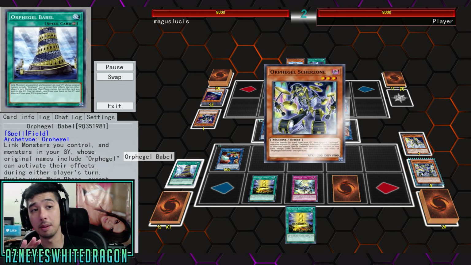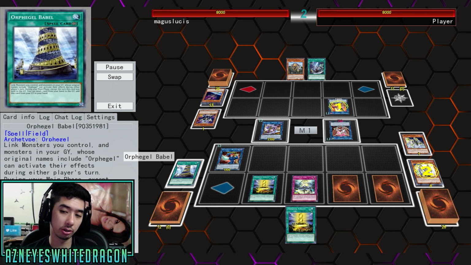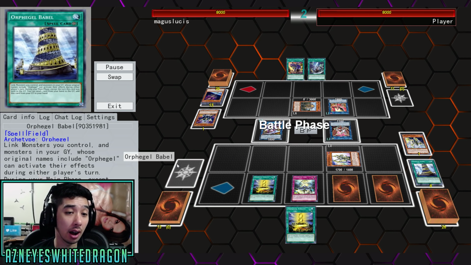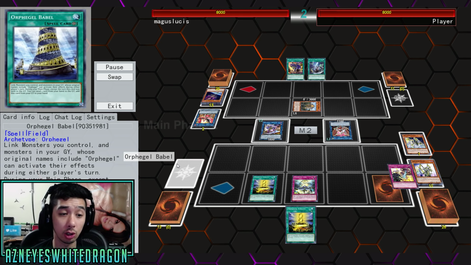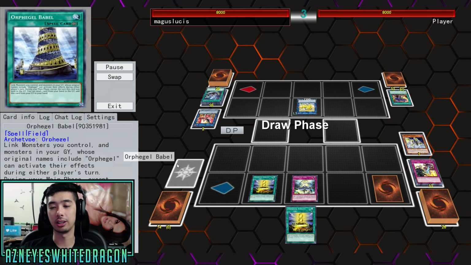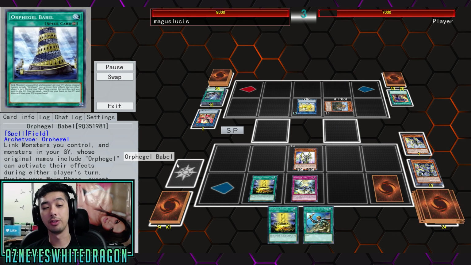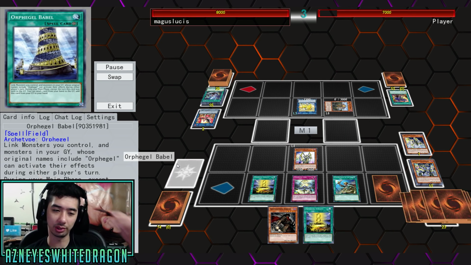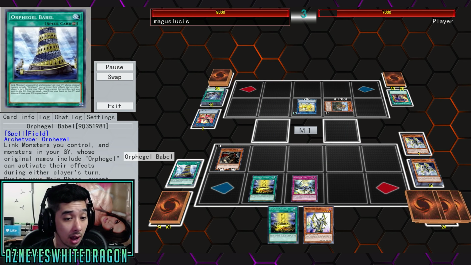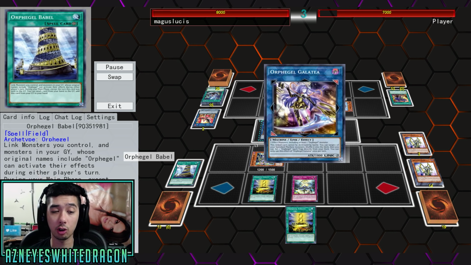And then here's Babel. So Babel, like I said before, is the card that makes it so you can activate their effects during either player's turn, which is a pretty good effect, right? Link monsters and monsters in your graveyard whose original names include Orphgel can activate their effects during either player's turn. Since a lot of their effects are once per turn, you almost get their effects twice, if that makes sense, once during your turn and once during your opponent's turn. But also, during your main phase, except for the turn this card was sent to the graveyard,